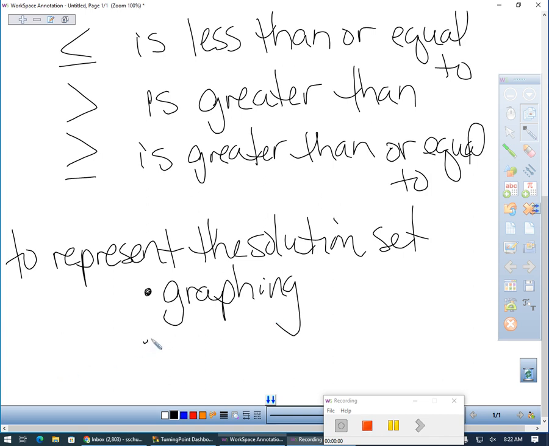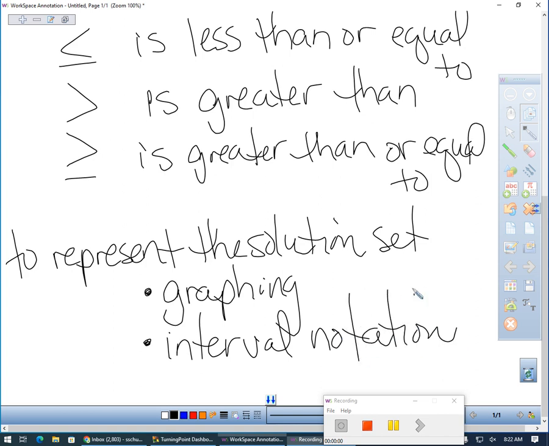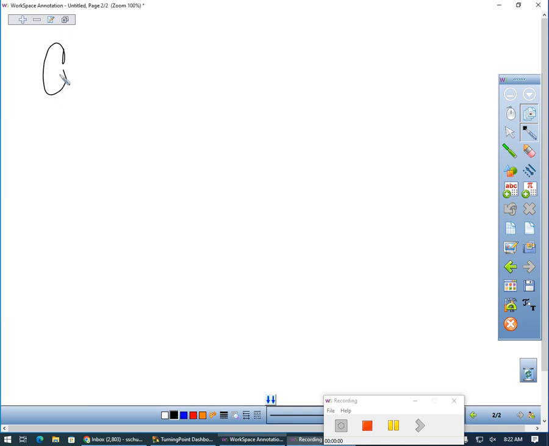Or the second way, which we're going to introduce today, is called interval notation. All right, so let's start with the graphing, which you guys already know, so this should be super easy, right? All right, when we talk about graphing inequalities,